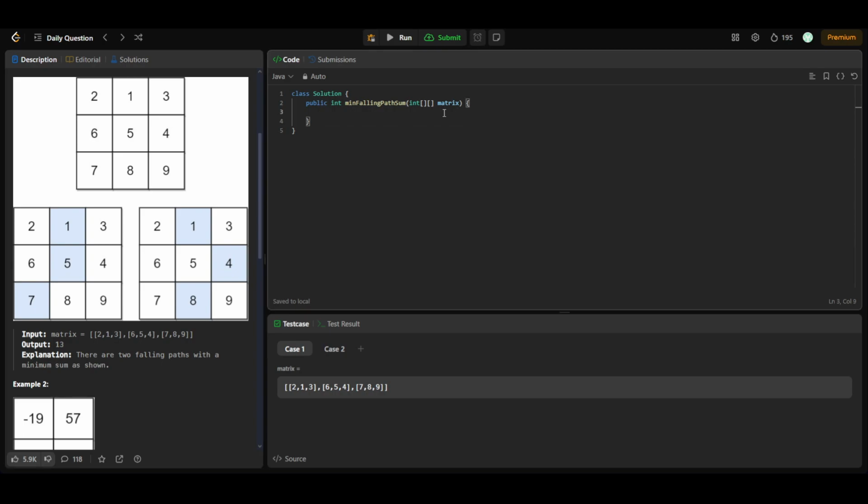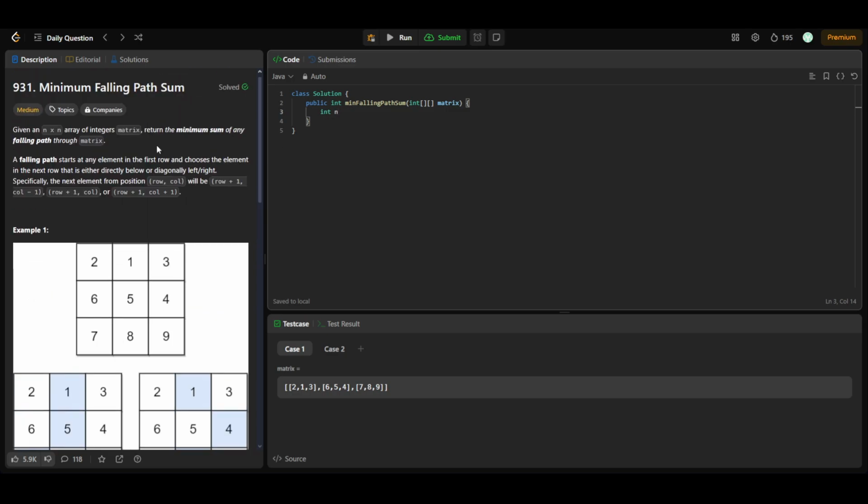Okay, so let's first have n. We are given that it is an n cross n matrix, so we don't have to worry about the m here. Okay, so matrix dot length will also work. Okay, so now let's have a DP array. Let's first check that if n is equal to 1, this is the base case. That means the size of matrix is 1 cross 1, then we have to return matrix